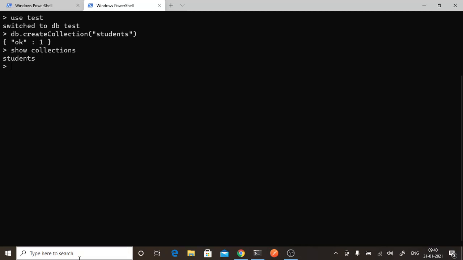But there is a better way to create collections, in which you can create the collection as well as add a record in one command. The command for that is db.yourCollectionName, so I will create the collection videos: db.videos.insertOne. insertOne is the command to insert a record, and if videos is present, it will insert into it.